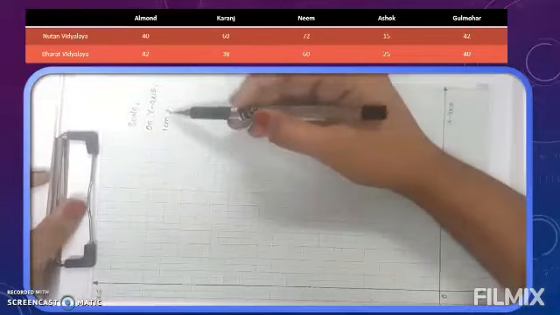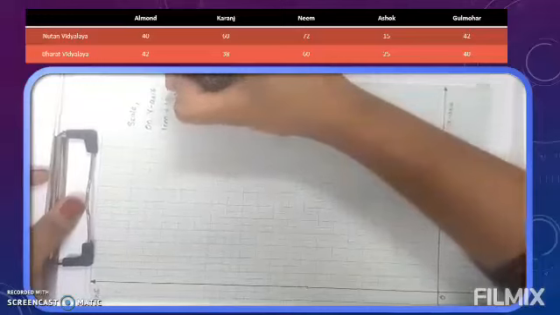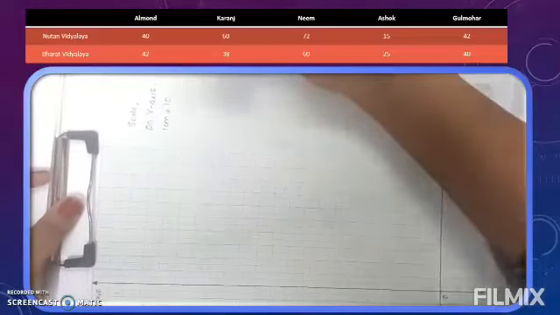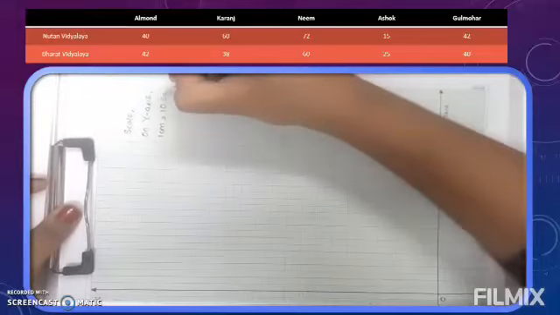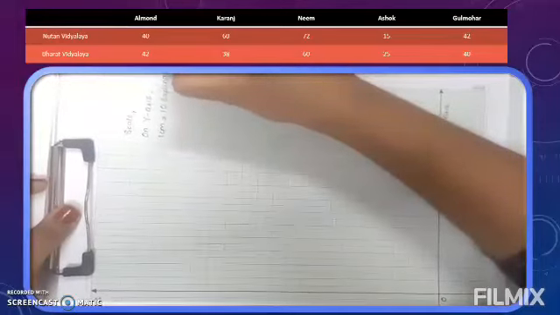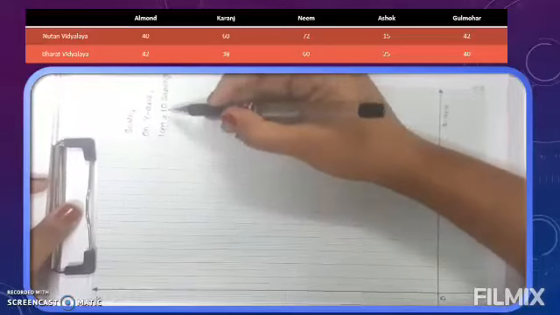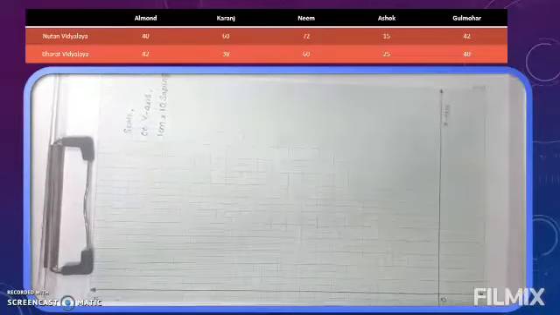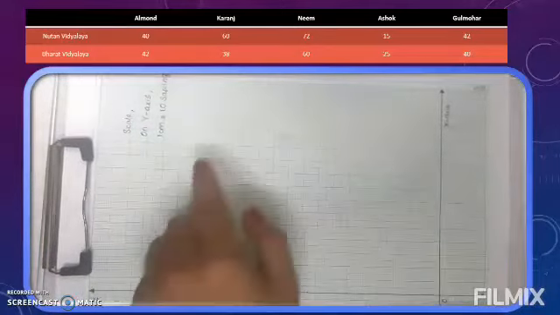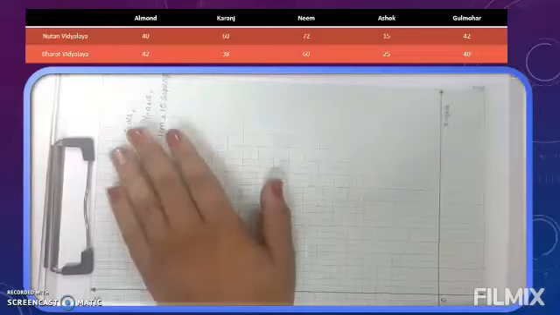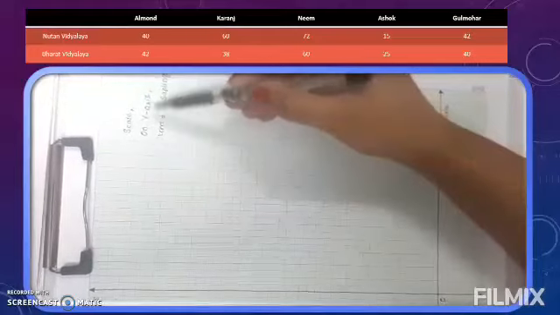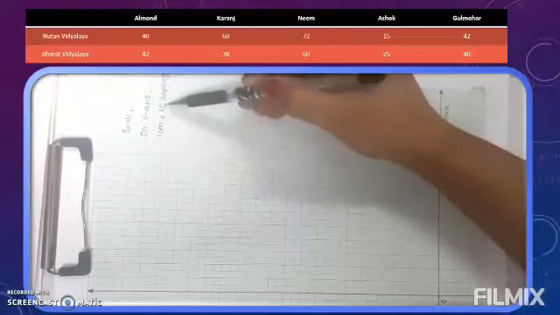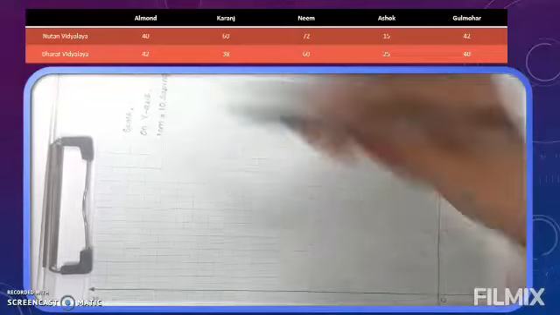So on y-axis 1 centimeter we will take as 10. But 10 what? Here information is given about saplings. So you have to mention that these 10 are nothing but saplings. So 1 centimeter is equal to 10 saplings. Clear? Furthermore you also have to write in scale, but that I will let you know afterwards. First we will write this much. We have chosen scale on y-axis as 1 centimeter for 10 saplings.